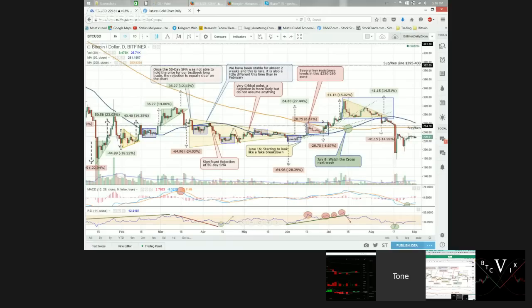Once the media gets on the bandwagon that, oh my God, another bank closure, another country is rationing their people's money, Bitcoin should have a nice boost, and that should be coming towards the end of the year. So for now, Bitcoin just needs to hold in there. All right, so let's talk about a few other markets, though.